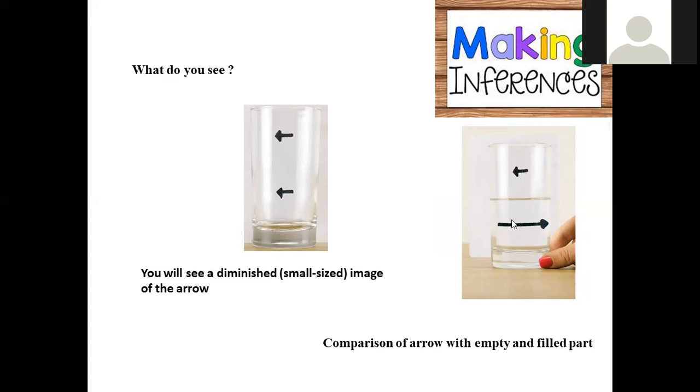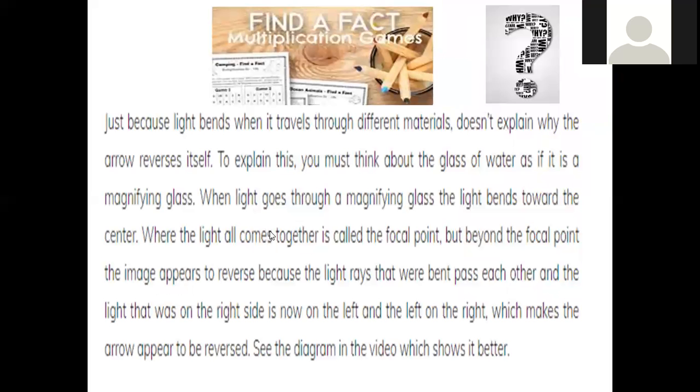For this second arrow, what we did here is fill half of the glass with water. When half of the glass is filled with water, the shape and direction of the arrow is entirely changed. Initially it was right to left, but when water was kept in this, what happened? Left to right, the direction of the arrow was changed, right? And compared to the empty or hollow glass, the size of the arrow is also enlarged, right? So that is the inference I drew from this experiment.